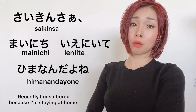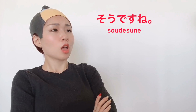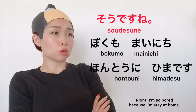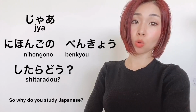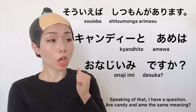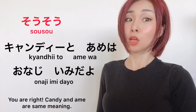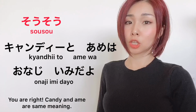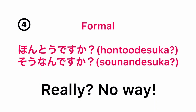最近さ、毎日家にいて暇なんだよね。そうですね。僕も毎日本当に暇です。じゃあ日本語の勉強したらどう？あ、そういえば質問があります。キャンディーと飴は同じ意味ですか？そうそう。キャンディーと飴は同じ意味だよ。